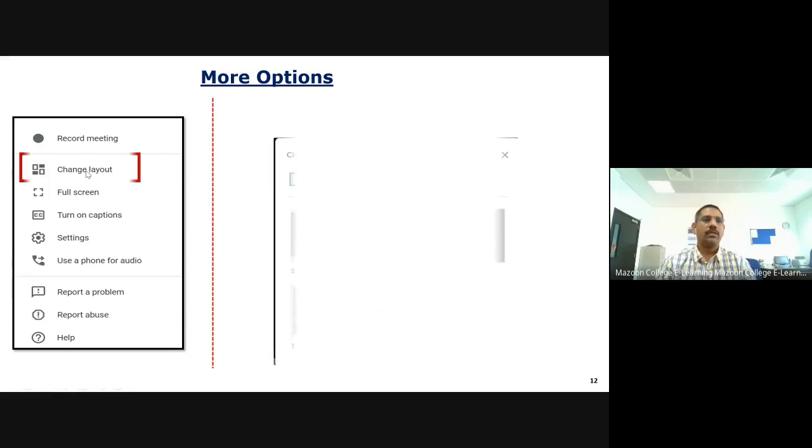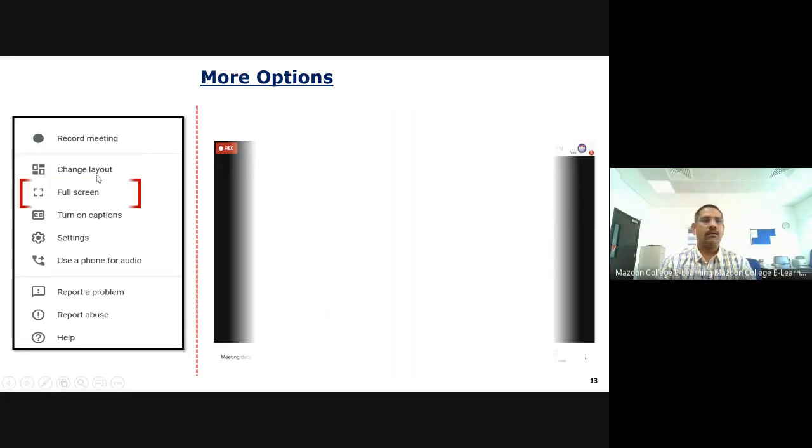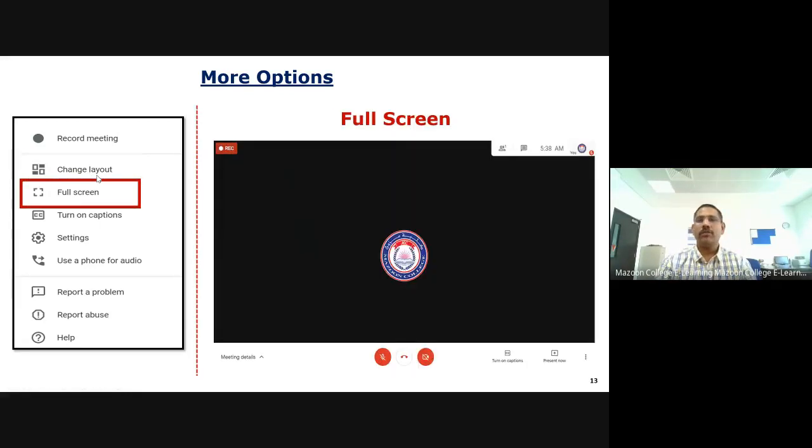The next option is the full screen option. Once you use full screen, the meeting occupies the complete screen, and the options above and below are hidden, showing only the full screen. Very simple option, which we use regularly. Another one is turn on captions. This is the same as what we explained before; it will show captions in English.